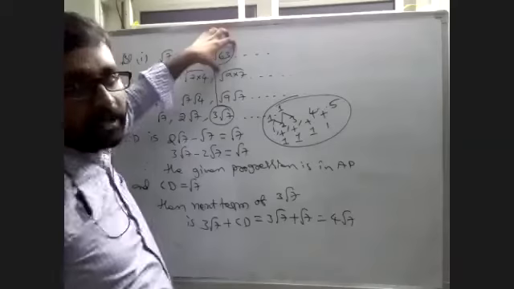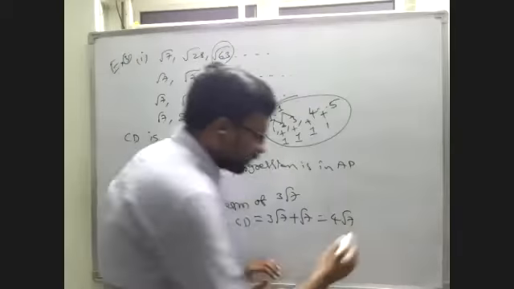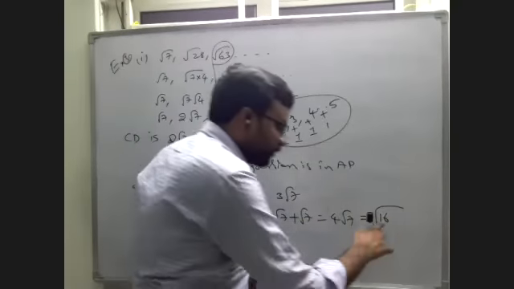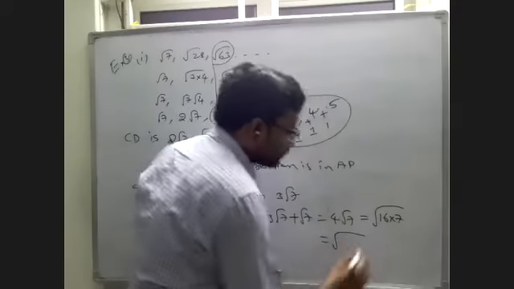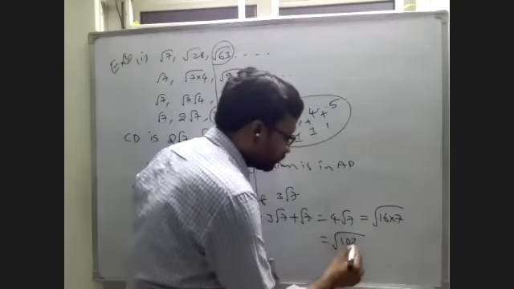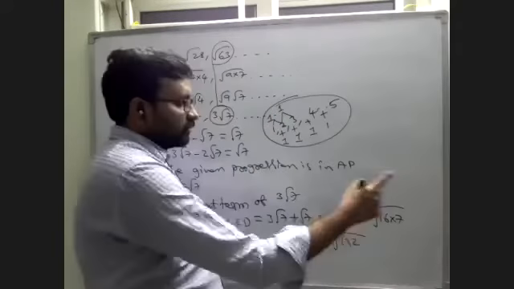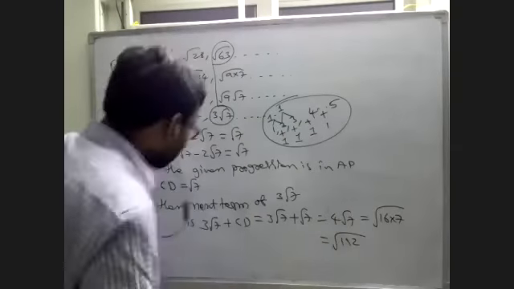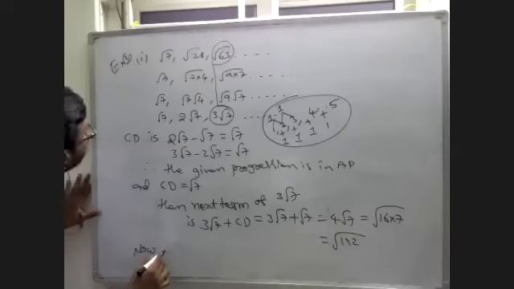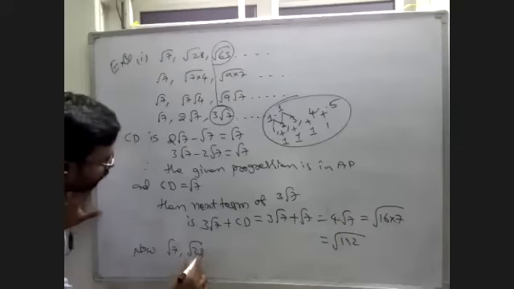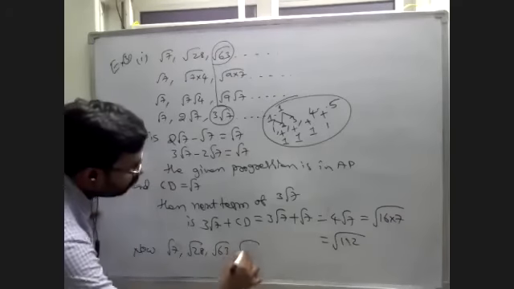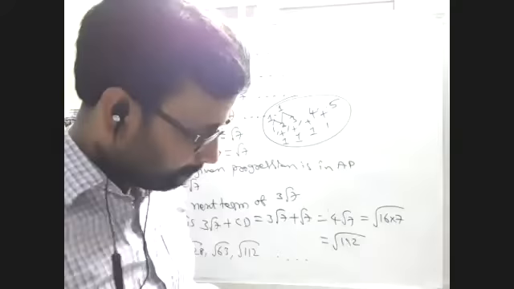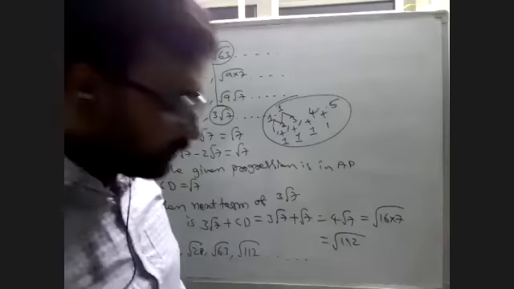But here we have terms in root 7 form. Then taking 4 inside, root over 16 times 7, because the root of 16 is 4. 16 times 7 is, I think, 112. Yeah, 112 is the next term. So after root 63 you will get 112. Now the series I am writing: root 7, root 28, root 63, root 112, and so on is the new series. Understand, Yevin? Yes, sir. Yeah, now copy this, okay?